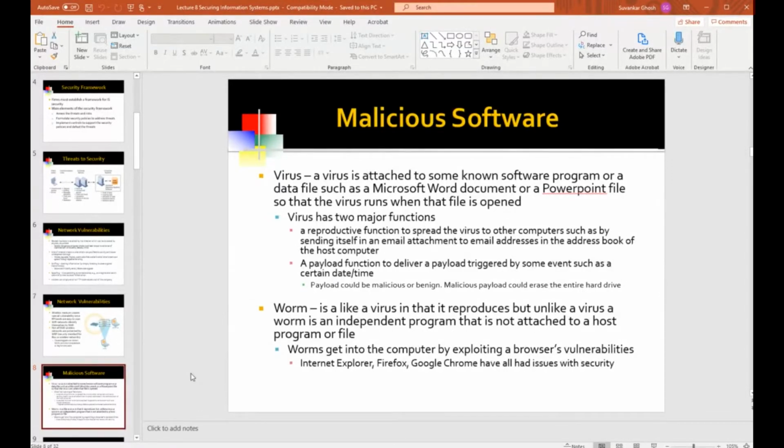Somebody sends them an email. It has an attachment, and that attachment could be a Word document, an Excel file, or a PowerPoint. The moment you open that attachment, the macro that is embedded in that file slides into the computer. And if it's a malicious macro, meaning it's a virus, then you've basically just allowed the virus to get into your PC.